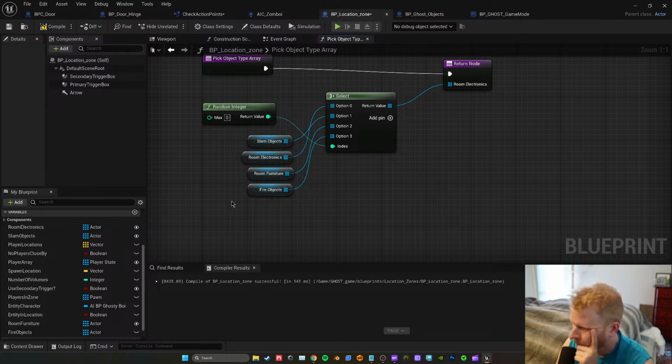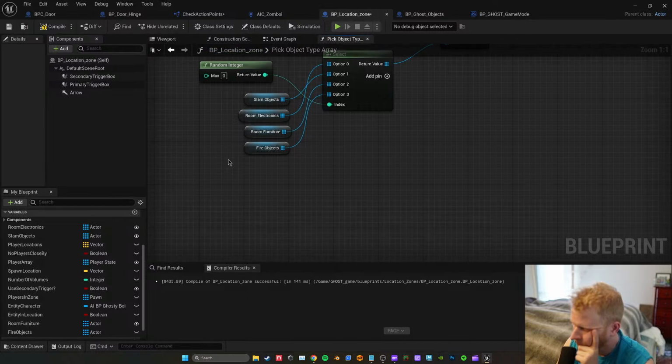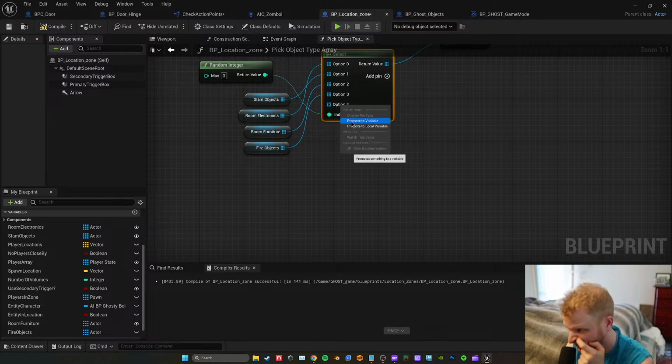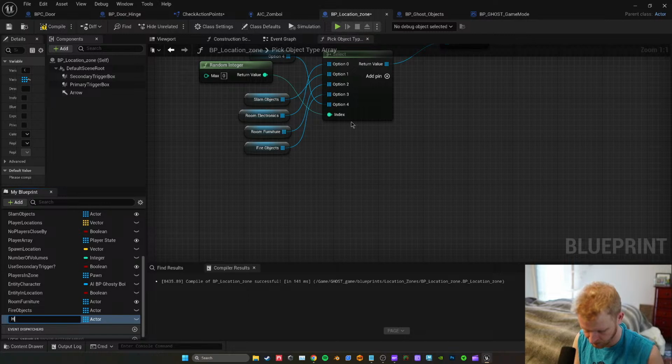What am I doing? Fire objects. Flailing something, turning something off or on. Maybe, I don't know. I don't have exactly an idea of what this is going to look like, but